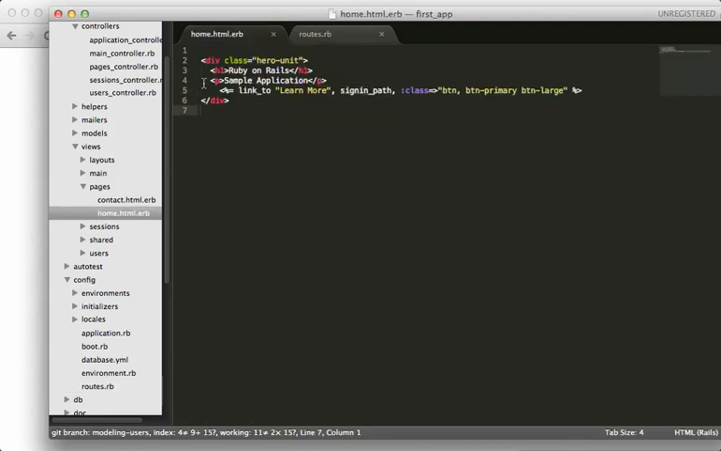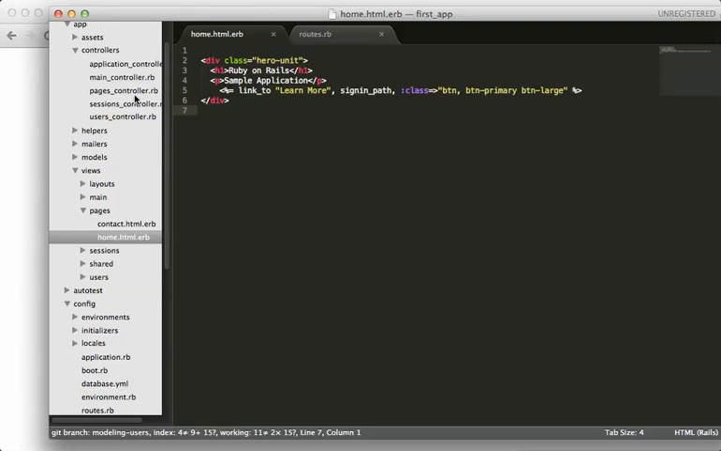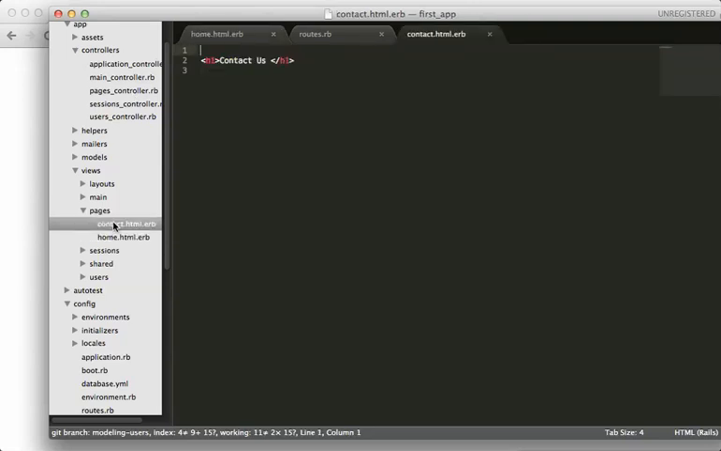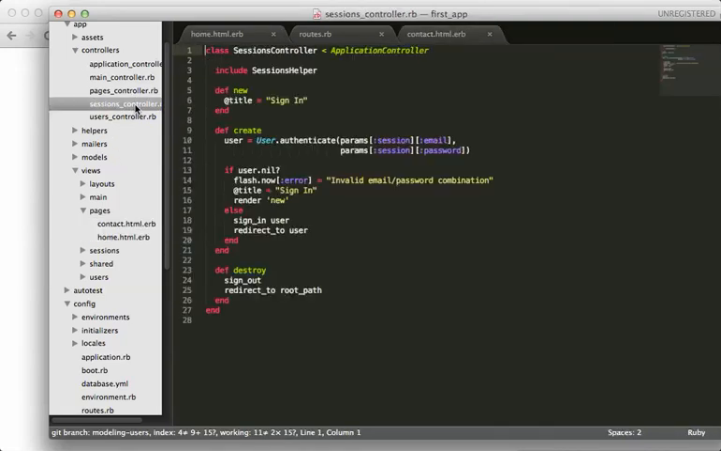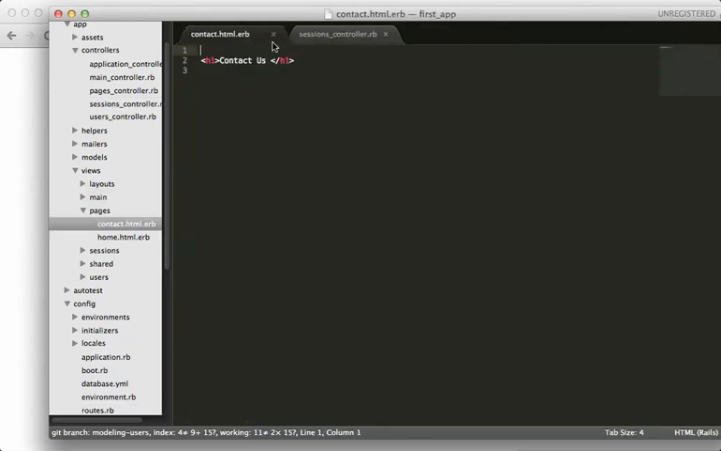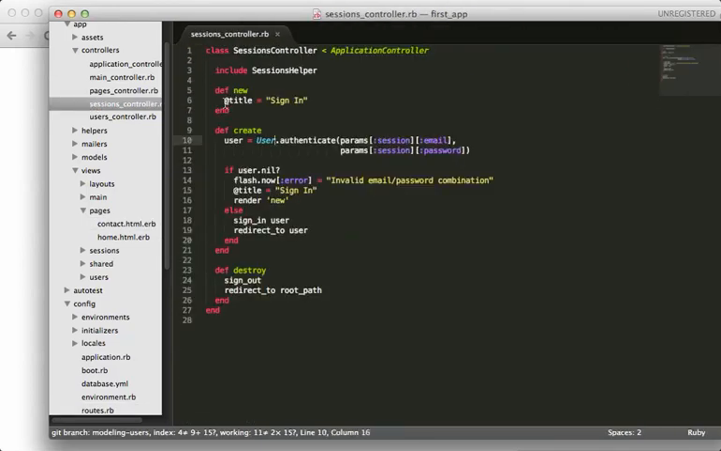Okay, so that's it. Now let's look into contact. Contact is empty. Let's look into the session. The session is a little bit more complicated. I created a variable and passed it to the view, and this is how I create a new user when they register. I authenticate the user by passing in the email and the password in the session, and then if the user is not authenticated, I pass a flash variable with